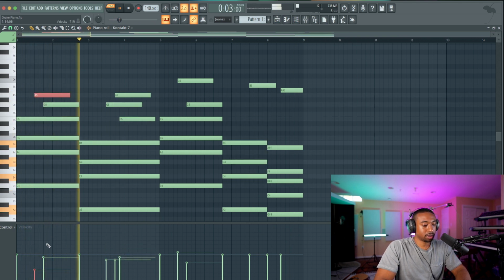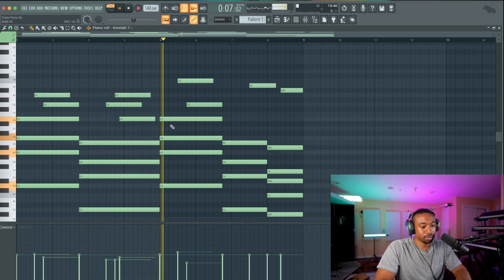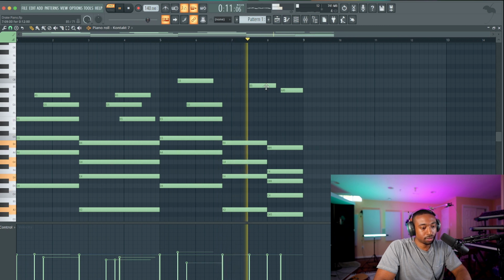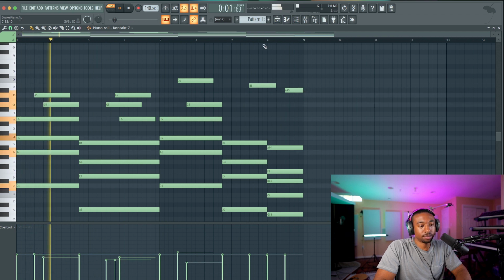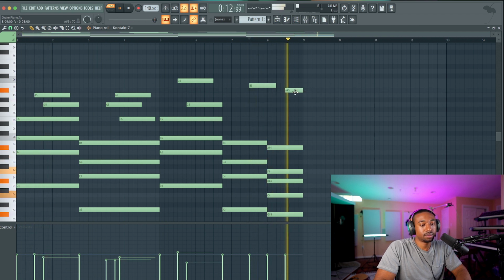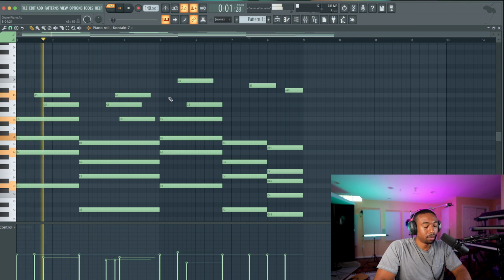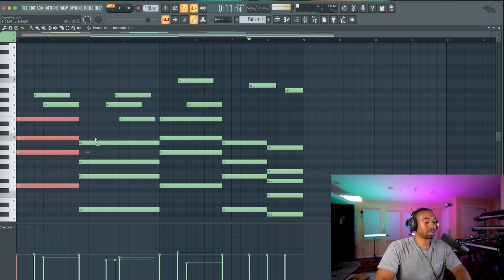I like this first note, it's too quiet. Just gotta get the timing right on this. Okay, now let's highlight the chords. So notice I started with the melody first. Now let's highlight the chords and we're gonna do different stuff to it.